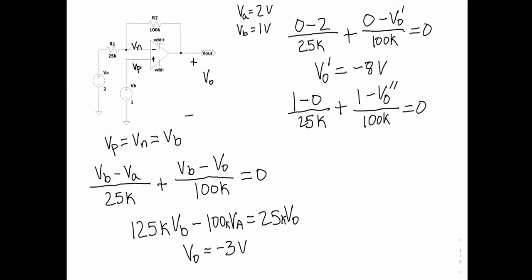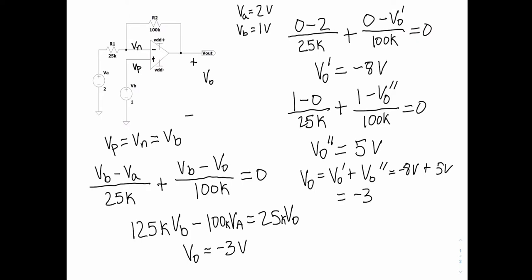Solving for this, we'll have Vout double prime is going to equal 5 volts. Finally, Vout is going to be equal to Vout prime plus Vout double prime, which is equal to negative 8 volts plus 5 volts, which is going to equal negative 3 volts, which is the same answer